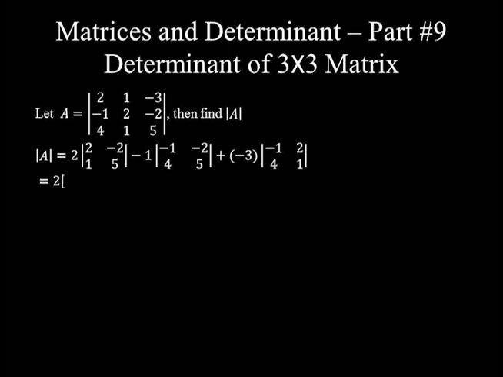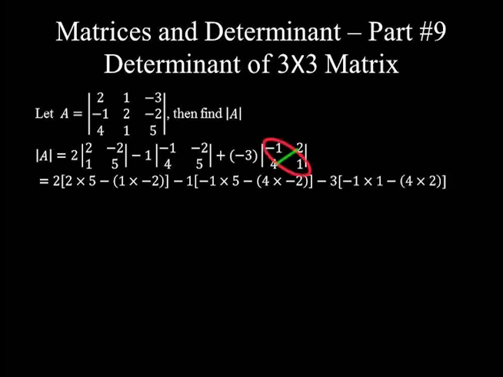which is equal to 2 times. To determine the determinant of this 2 by 2 matrix, we have to multiply these main diagonal elements, and from this product, we have to subtract the product of the remaining 2 elements. That's 2 times (5 minus 1 times negative 2), minus 1 times (negative 1 times 5 minus 4 times negative 2), plus negative 3 times (negative 1 times 1 minus 4 times 2),